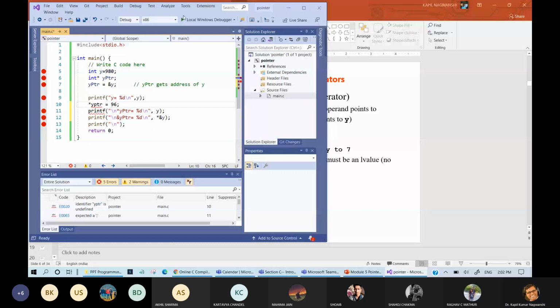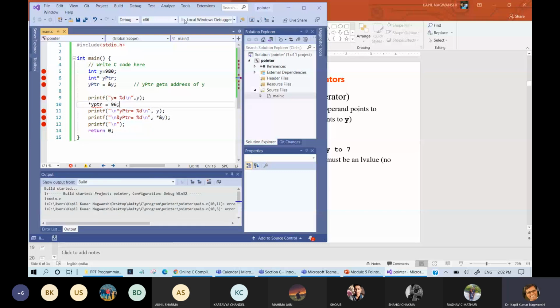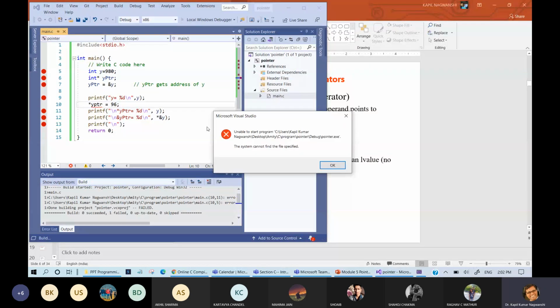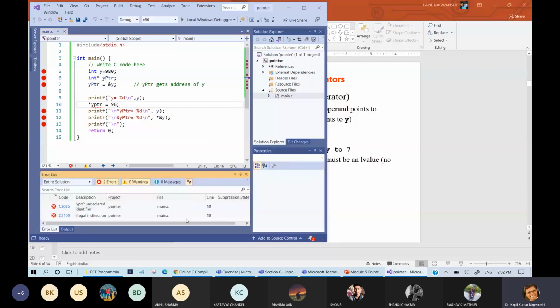Fine. So let us run this program. What is the error in line number 10? yptr equals 96. yptr is undeclared, correct?